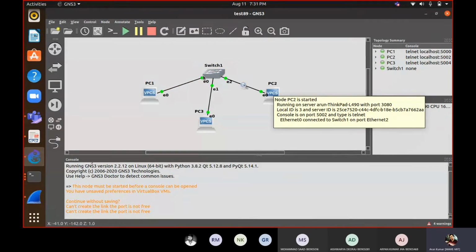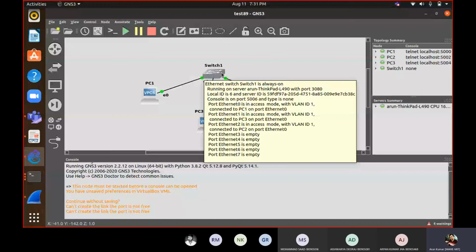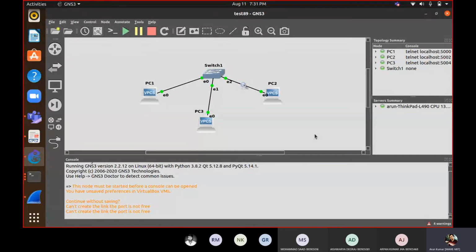PC1 will respond from this interface. So switch 1 will notice that it has to reroute the packets corresponding to this IP address on this interface, whenever it gets any packets later on from PC3 or from anywhere for the IP address corresponding to PC1. So switch 1 is smart.